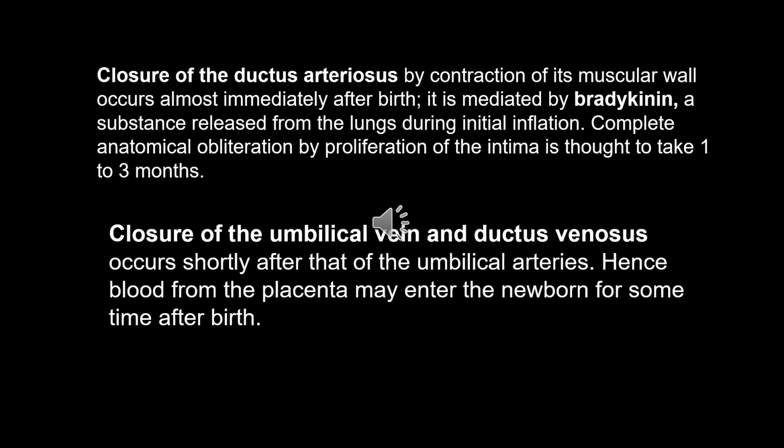And this left umbilical vein quite naturally will be extending from the umbilicus to the liver, and it will become obliterated, which you have seen as ligamentum teres. It's called ligamentum teres hepatis, or round ligament of liver, which is in the falciform ligament in its lower border. So if the question is, what is ligamentum teres? Then your answer shall be an obliterated left umbilical vein, and you will be correct.